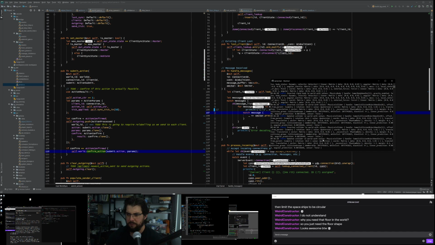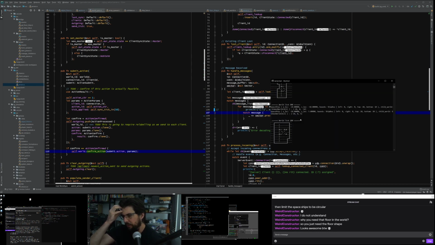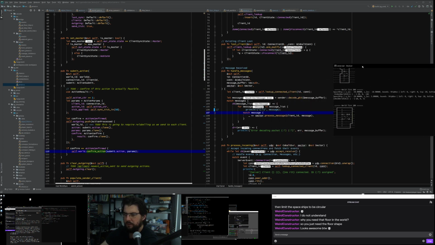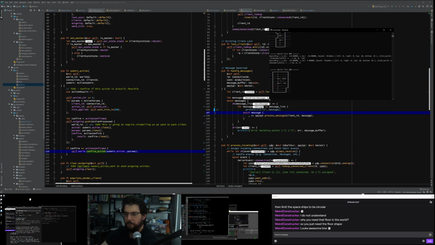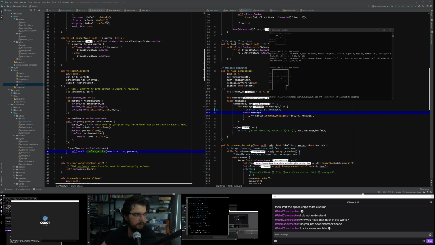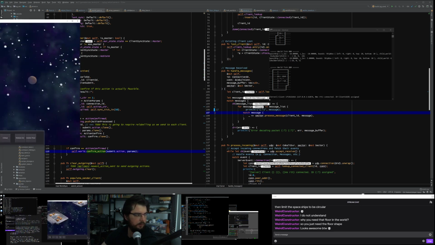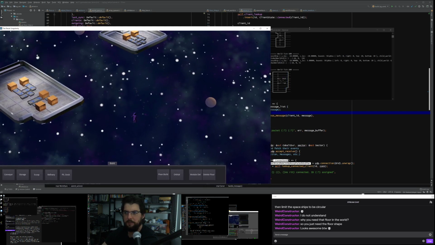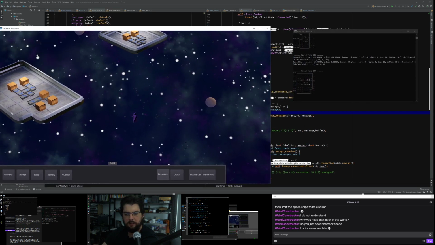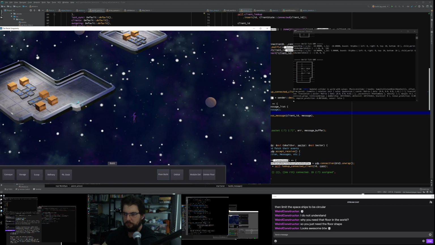So you see how it says updated collider and world with values? So I'm wondering if I need to do something to make sure that it notices I changed the collider. It might be something as simple as, even if you change the shape, it doesn't notice. So when I run the game again, it's not spamming anymore, so that problem was solved. So if I add a floor, yeah, it says updated collider and world.